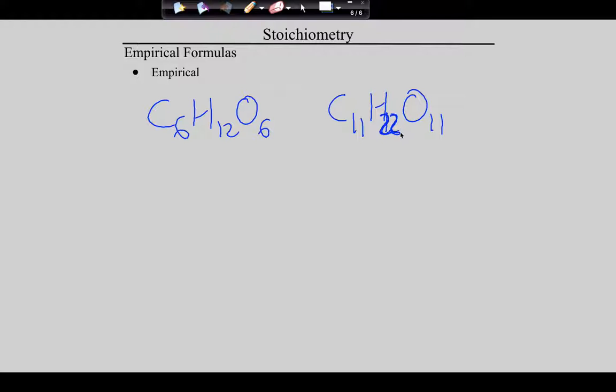So guys, do you remember when we showed you these examples and then we talked about empirical formulas? What's the empirical formula for both of these? CH2O. It's a reduced ratio. Don't write that down. So this is 1 to 2 to 1. This is 1 to 2 to 1. We found out that the empirical formula for all the sugars is CH2O,